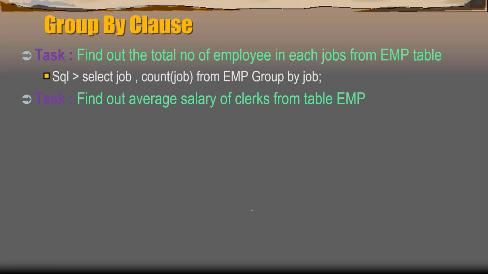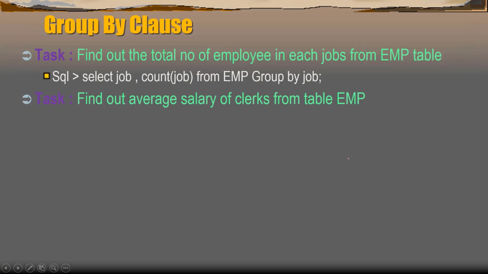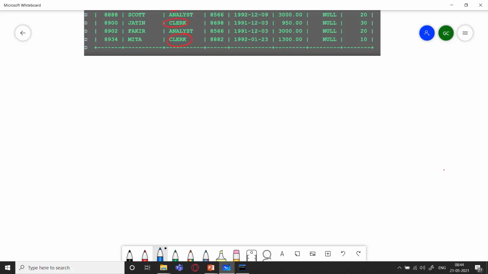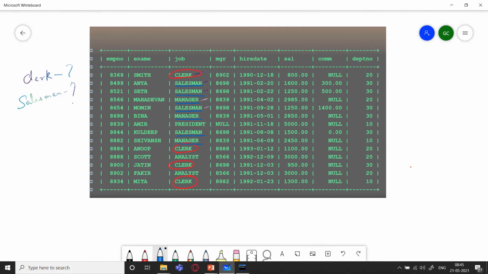Next is find out the average salary of clerks from the table. Now the thing is, we have to find out the average salary of only clerks. To find the average salary of clerks, I need to first create groups. Now over here, I can accomplish this in two ways.